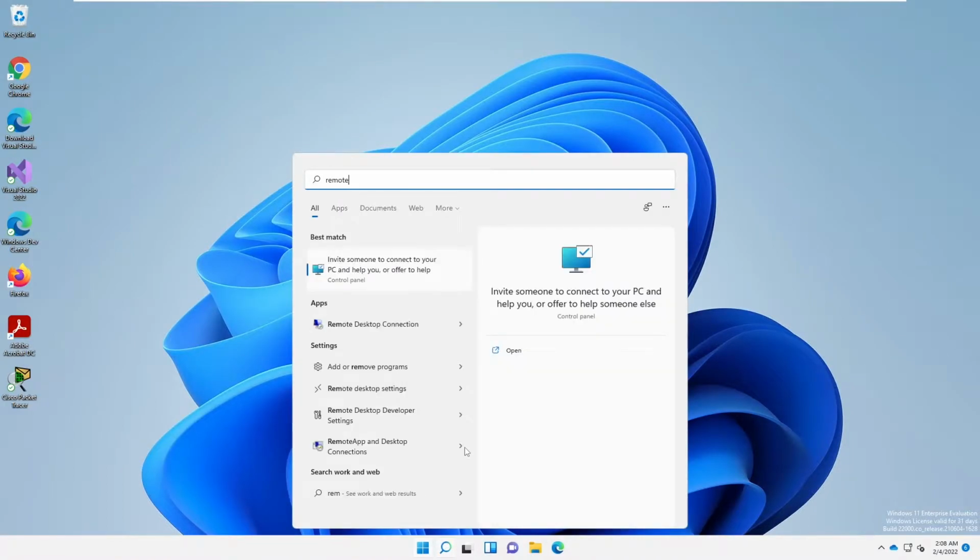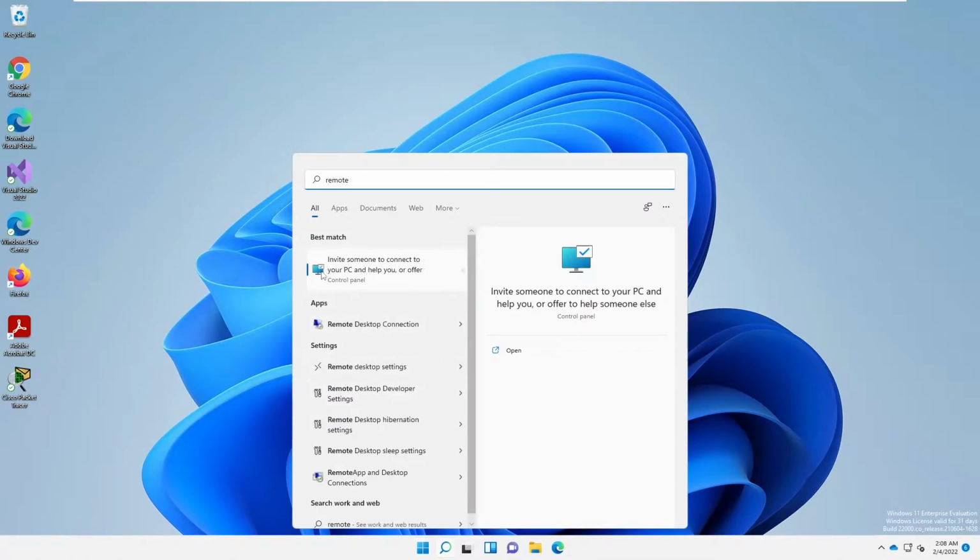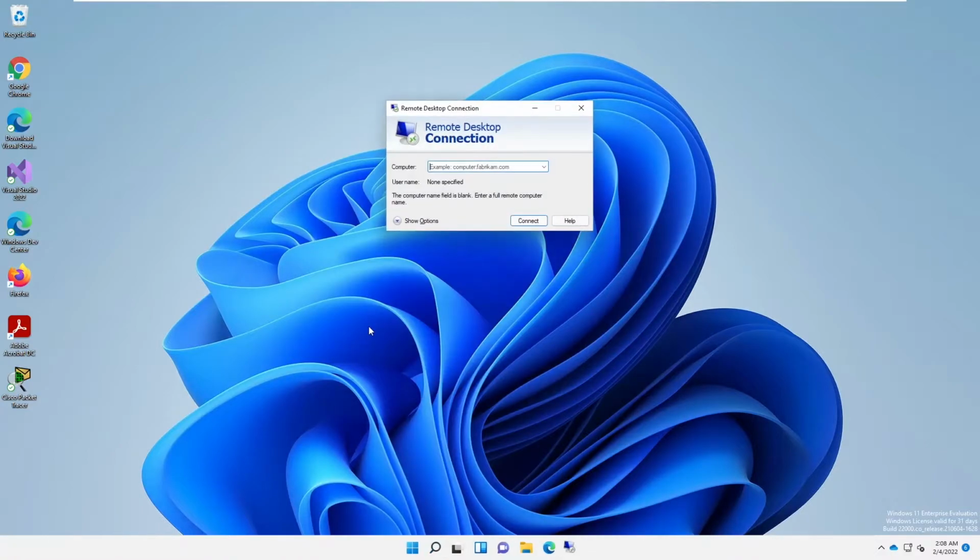If I go to my start menu and type remote, you can see I have remote assistance, which says invite someone you trust to help, and remote desktop connection. If I click on remote desktop connection, you can see here we have the remote desktop connection. With the remote desktop connection, you'll be able to connect to someone's device who resides in the